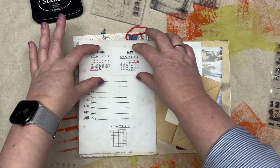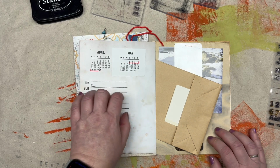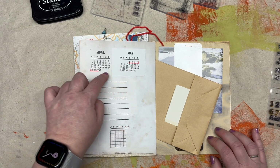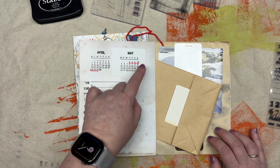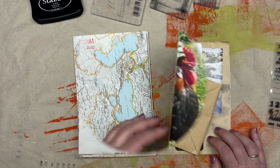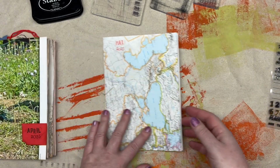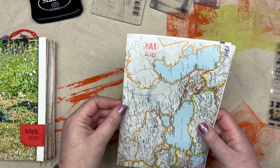So I also stamped here April and May and marked the week, the bridge week, that's bridging the change of the month. So this is already finished, and I started using it. And May I prepared,